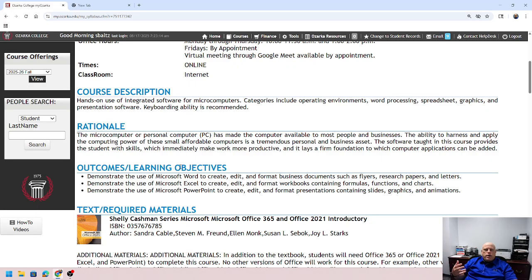Basically, in this course, we're going to be learning through hands-on practice. We're going to be learning how to use Microsoft Office. And Microsoft Office is the most commonly used program in businesses today. So your employer, once you start your career, you're probably going to be using Microsoft Office for your job. And then also, Microsoft Office is used by other instructors in other classes for completing things like research papers and